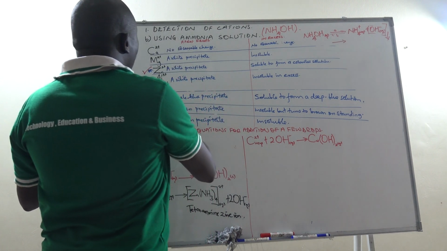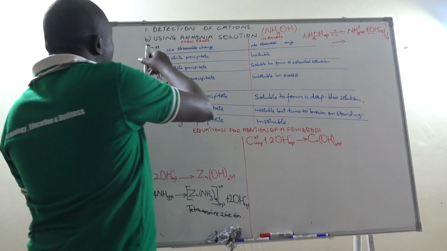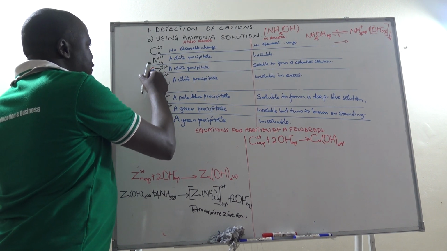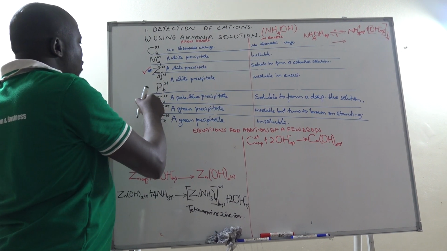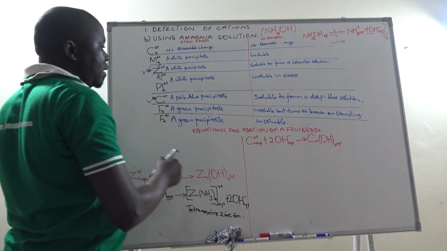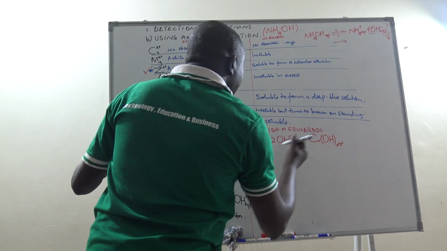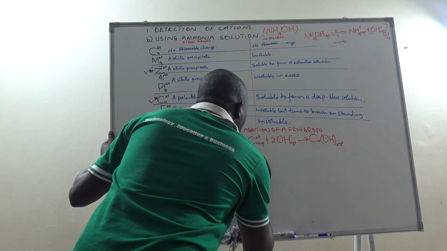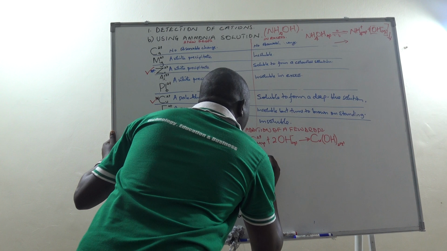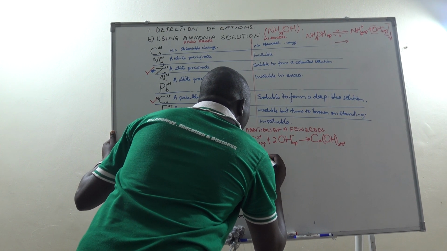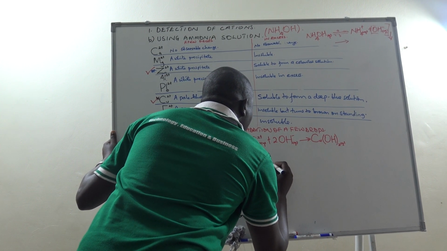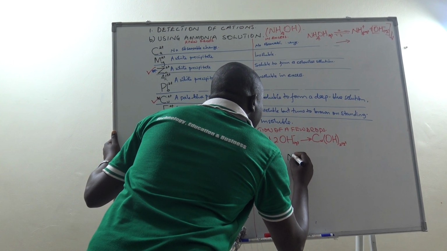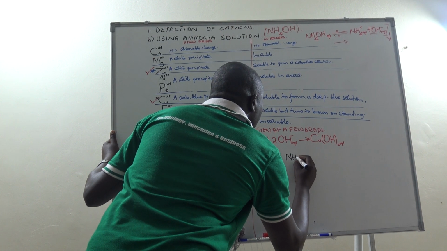Let us come to copper 2 ion, and this test we say that is a confirmatory test. That's why you can see I put a star here. It is a confirmatory test for zinc ion. Then this one is also a confirmatory test for copper 2 ion. So we get a pale blue precipitate, then in excess ammonia solution, the pale blue precipitate, which is copper 2 hydroxide, will have to combine with the excess ammonia solution,